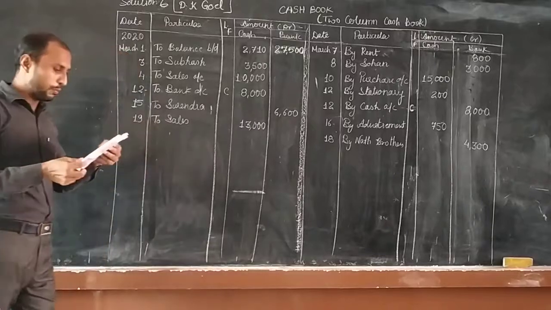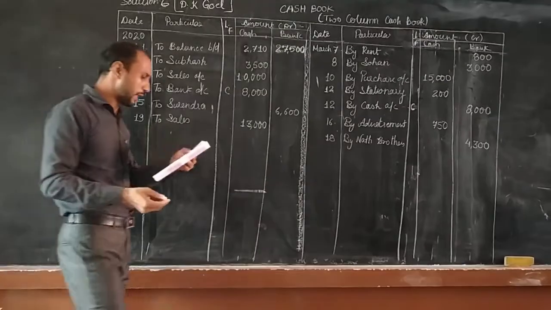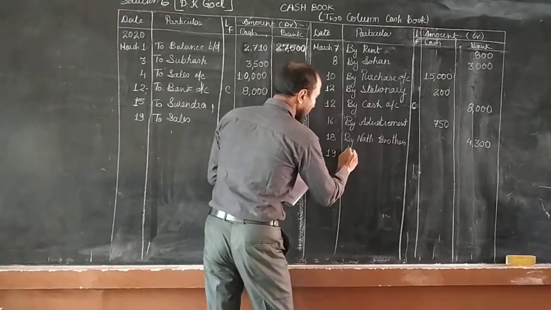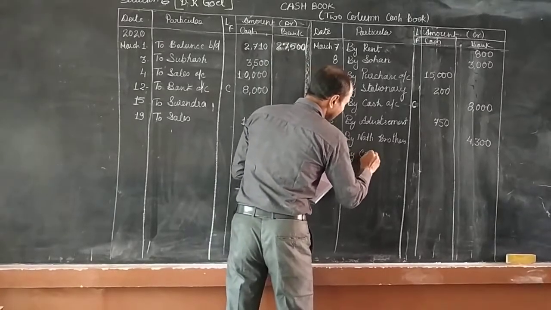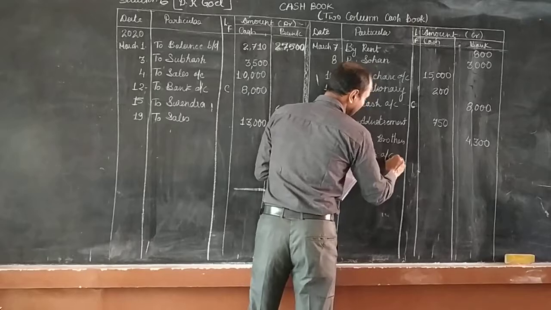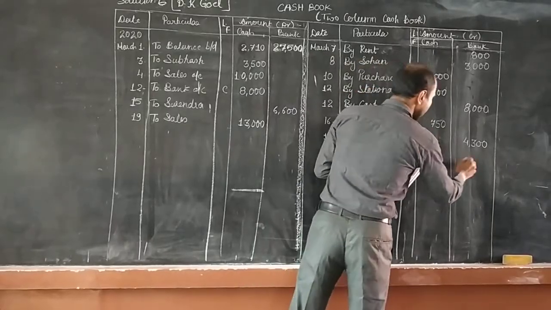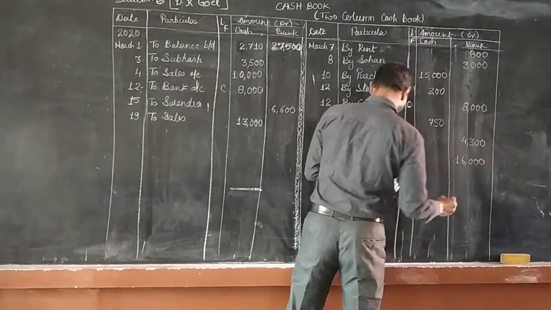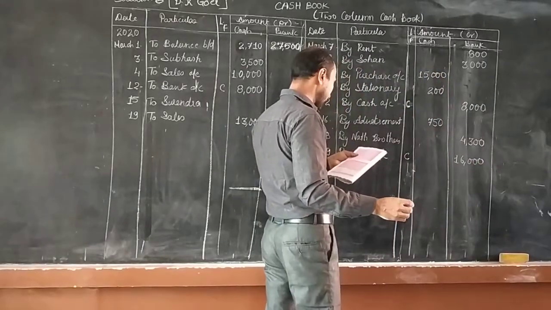Now the next amount paid into bank, again paid into bank, contra will be there, 9890. So it is 19. So it is paid into the bank by cash account, and amount we will write contra 16,000 we will write here. Bank से निकाला, it is what? Paid into the bank. Correction.